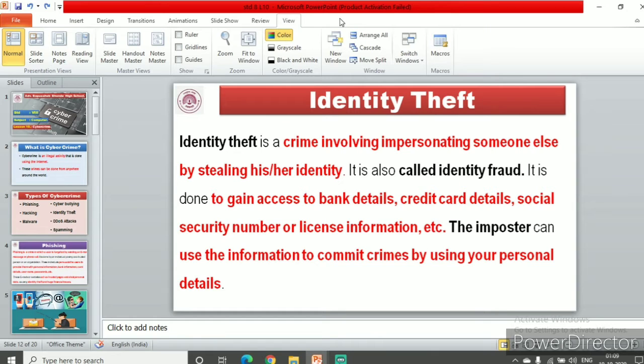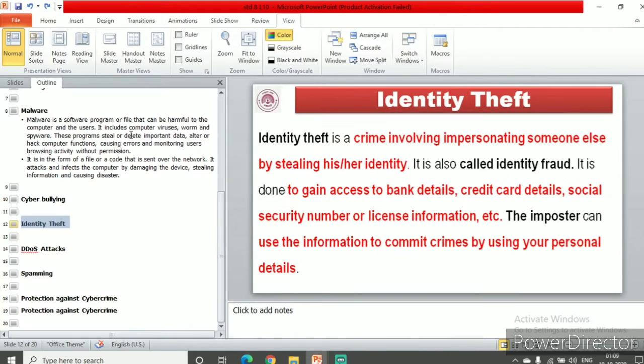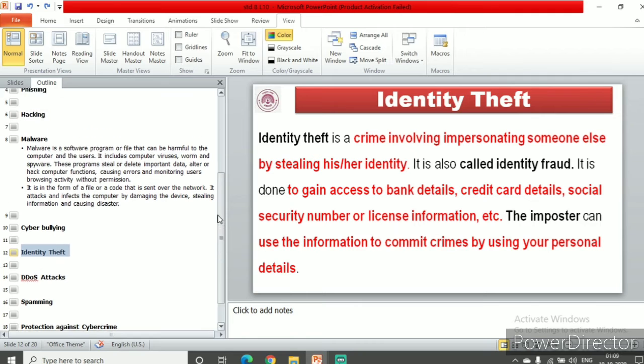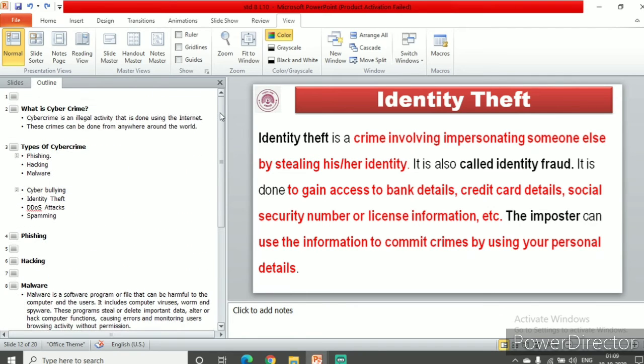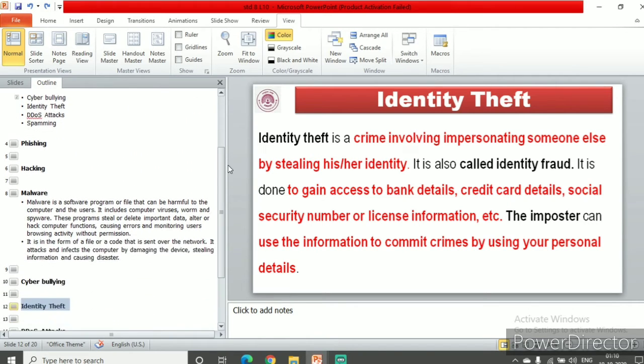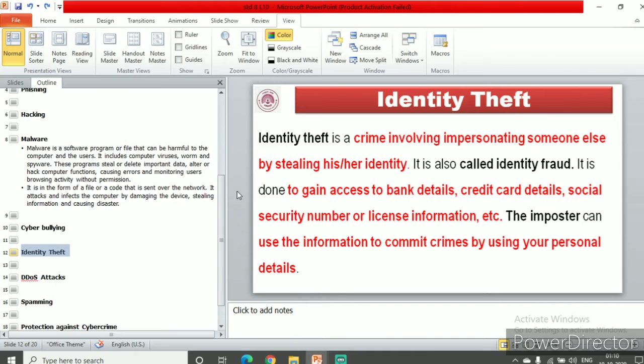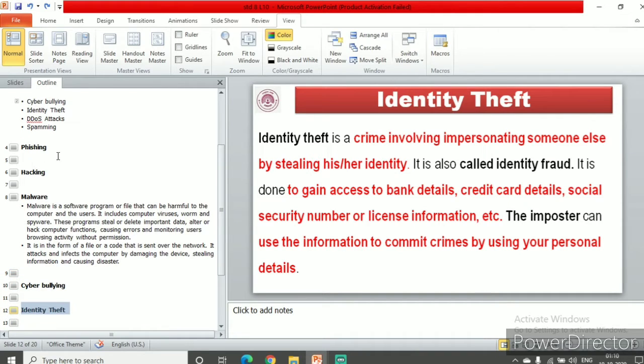Now what does it consist of? It consists of the slides tab and an outline pane. Can you see the slides tab here? And can you see the outline pane? In the outline, you'll just get the headings of those slides and little details written on it. See, like phishing, there is a photograph, you can't see anything. Hacking, I'm having a photograph, you can't see anything.